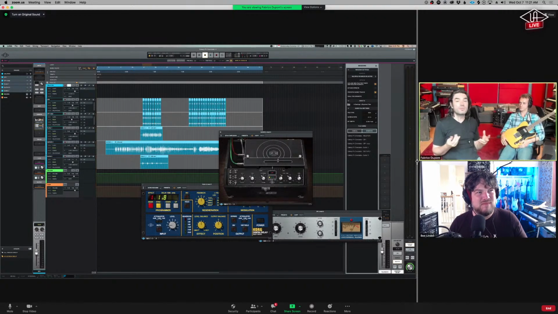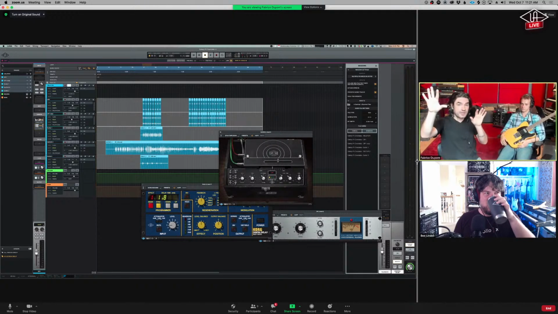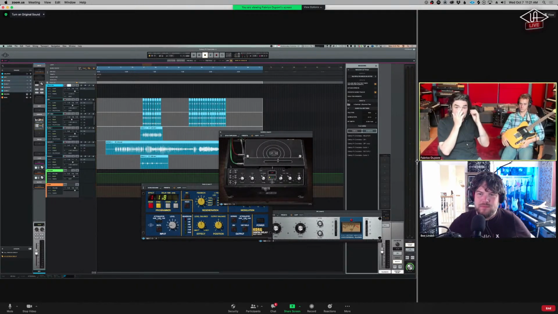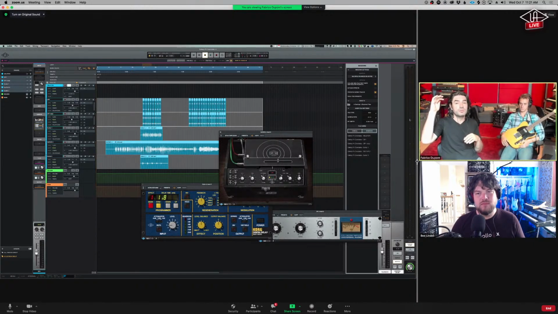But that's not the problem. The problem is that there's so much gain on the output that they're very timid about gain staging in their session. With this technique, you're able to see on the general meter of Luna where your music stands right away. So if something is peaking when you bring it in, that's not cool. So you can go in Ableton, or you could pad it here in your return track.